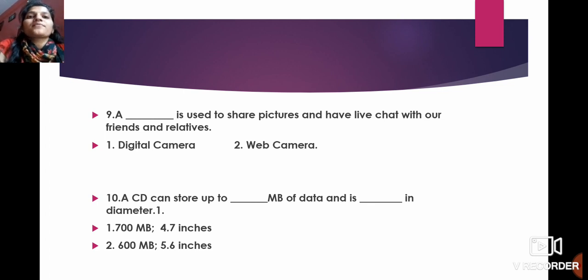Options are digital camera. Next option, web camera. Your time starts now. So students, you have to write which camera is used to share pictures and have live chat with our friends and relatives.